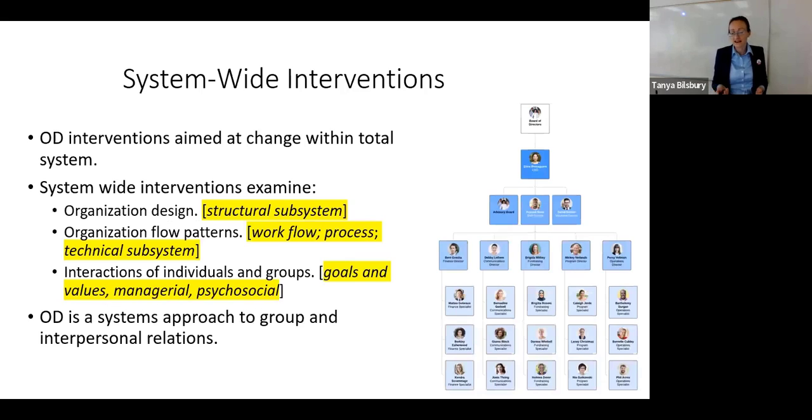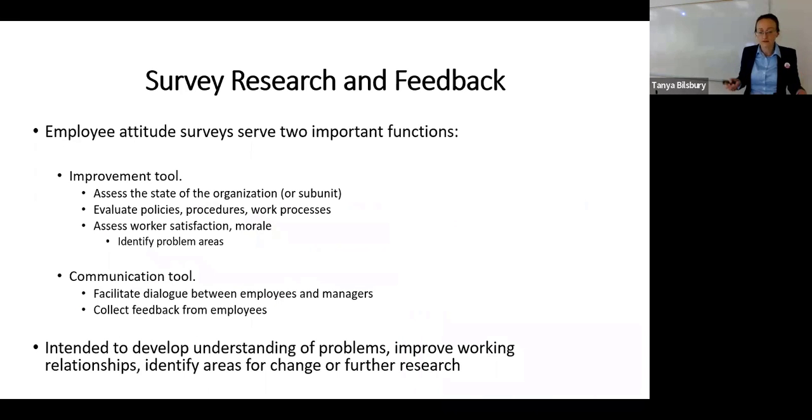Now, this org chart that we looked at here that's a really small organization. Okay, there's like 25 people there. And in a large organization, well, you might have 5,000 people in the lower ranks? Are you going to hear from them all? Well, it's going to be a report that's put on the president's desk that's based on some kind of a survey. And they're intended to develop an understanding of the problems, to improve relationships, and to find areas we need to change or maybe learn more.